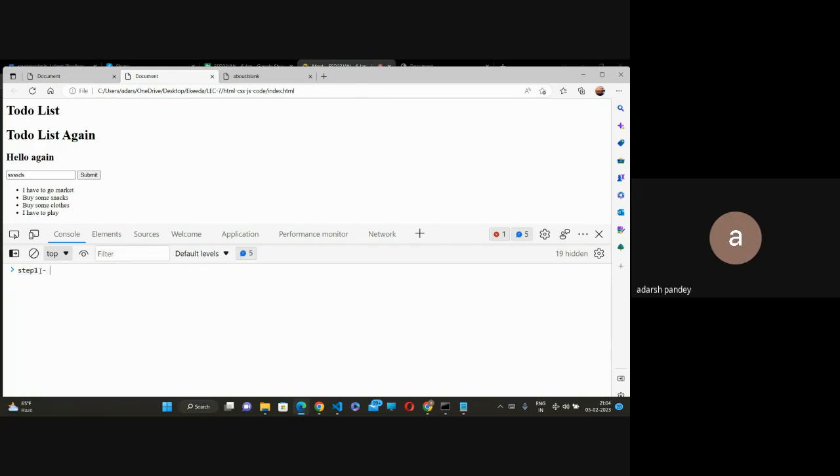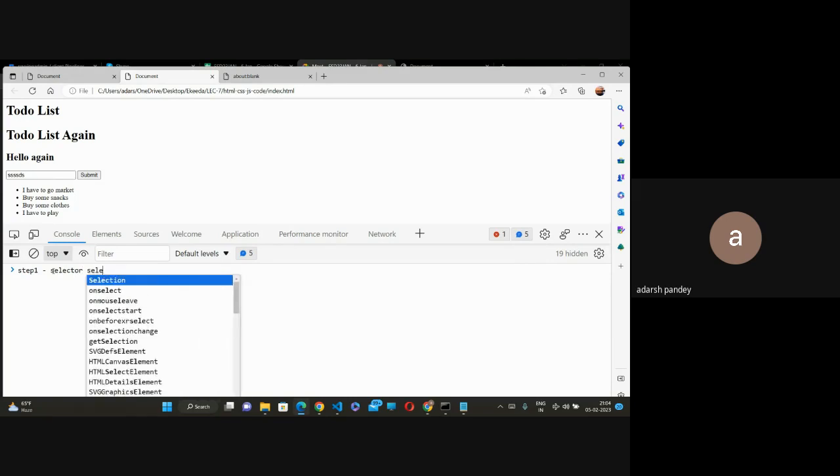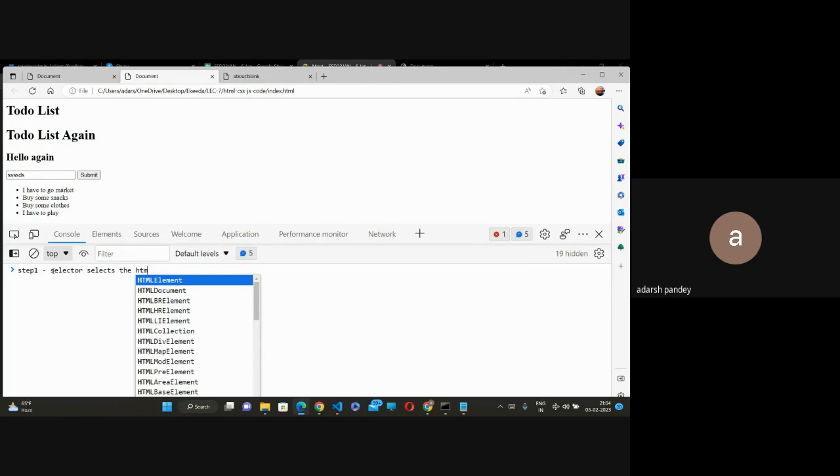Step 1. When you click on this submit button, then what? Selector comes into the picture. Selector selects the what? HTML node. पहला काम क्या हो गया? सेलेक्टर क्या कर लिया? इस नोड को पहचान लिया कि किस पे इवेंट फायर हुआ है।